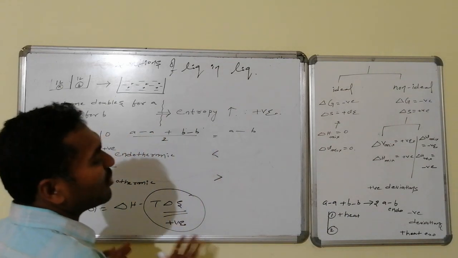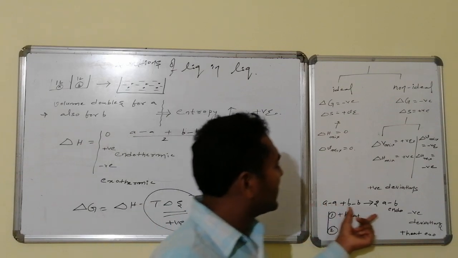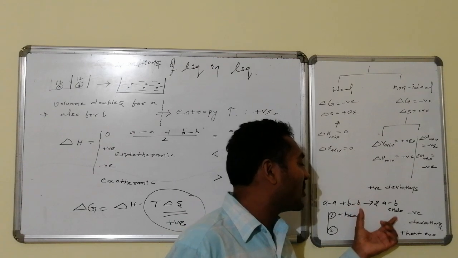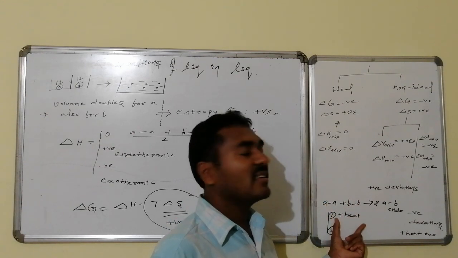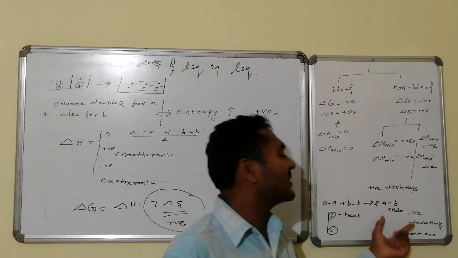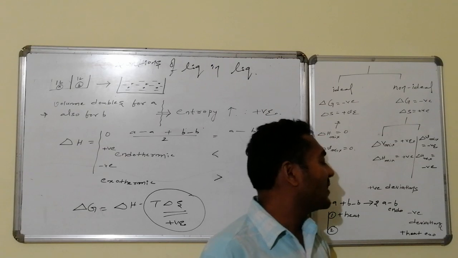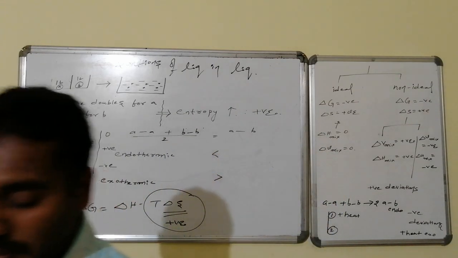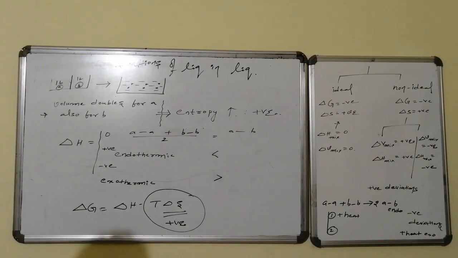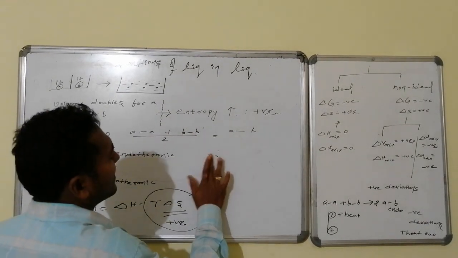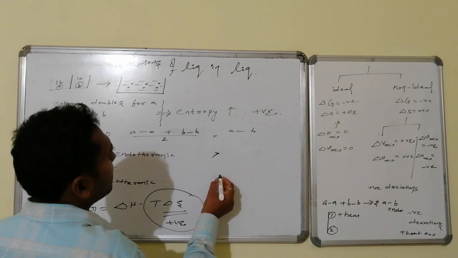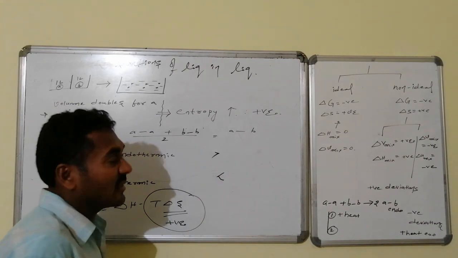Thus we can understand the meaning very clearly: bond interactions are taken into consideration on behalf of this interaction strength. If this strength is higher, energy is taken in, that is endothermic. If this strength is higher, then energy will be given out, that is said to be what? Exothermic reactions. There is a slight correction in the bond strengths. Here if this bond strength is greater, then it will become endothermic. If this bond strength is greater, it becomes exothermic.